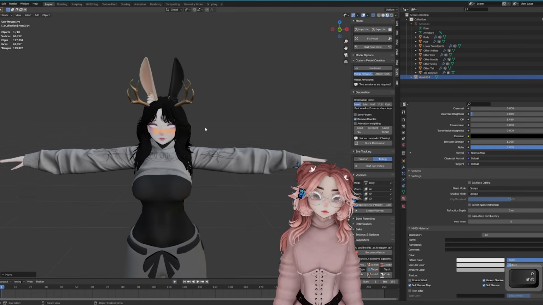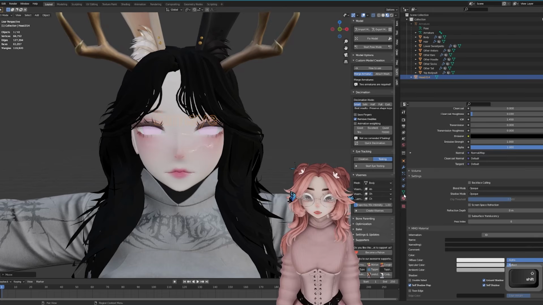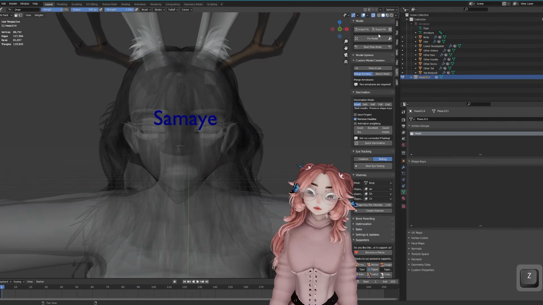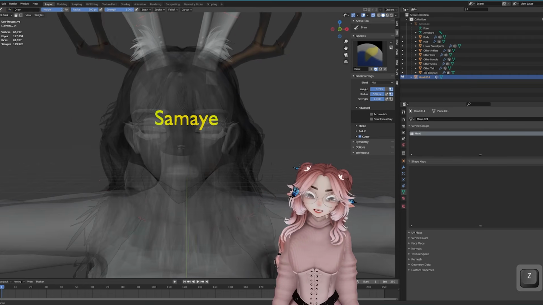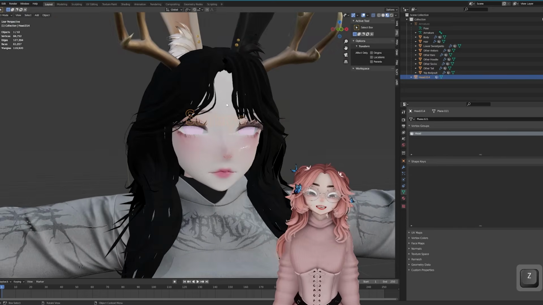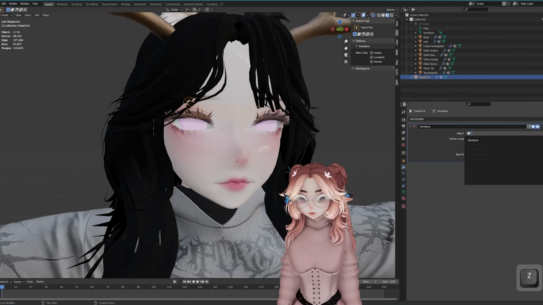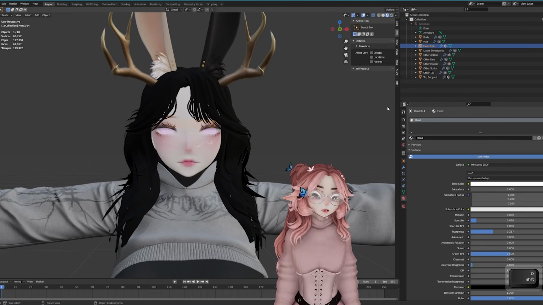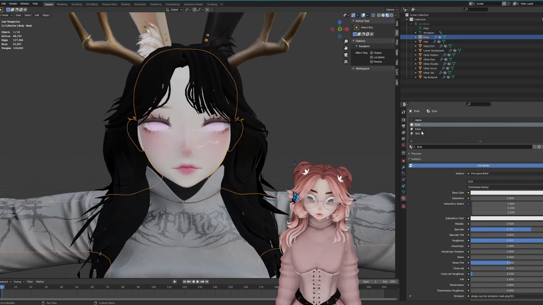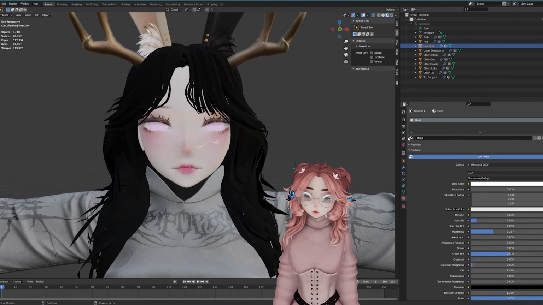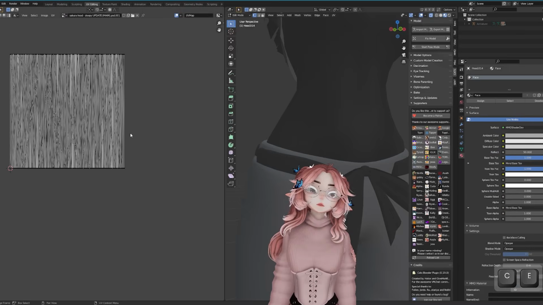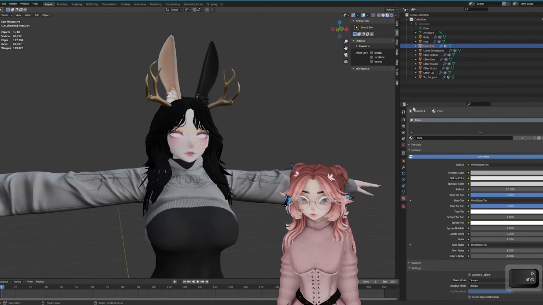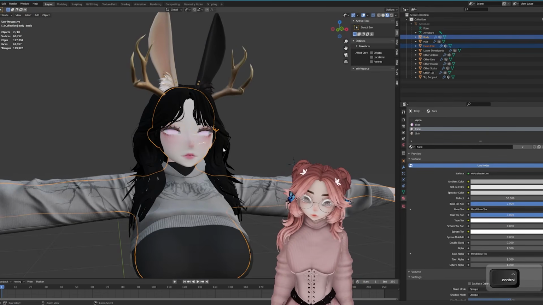So I always put my watermark in the head, and then weight paint it to the head bone. I should do this like literally once on the FBX, and then I never have to do it again, but I don't. So set the modifier, armature, shift, drag it in, and then I could leave it head, but the head mesh is called face. So for one less material slot, let's do that, and then UV it to the forehead, and that looks good. Now I can join it to the body,